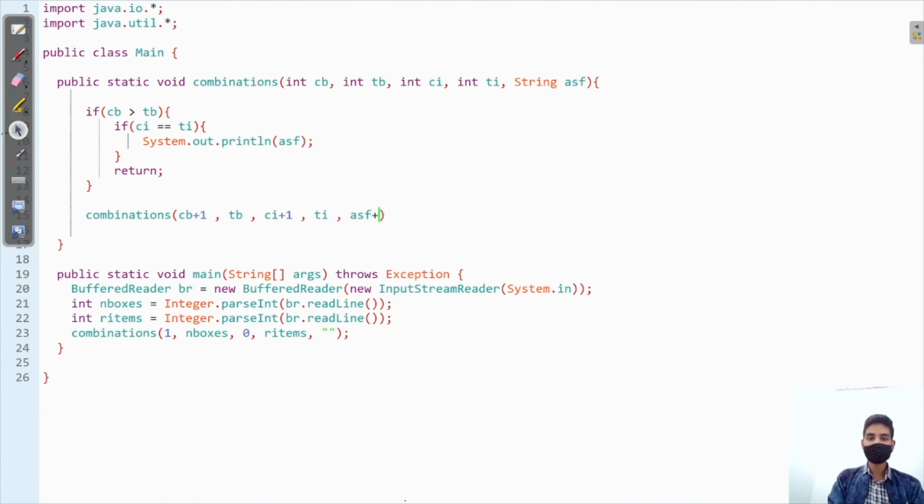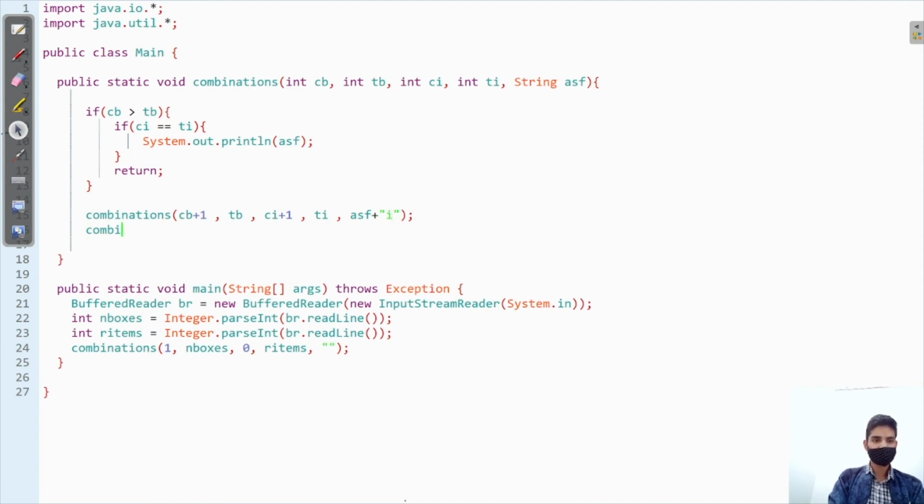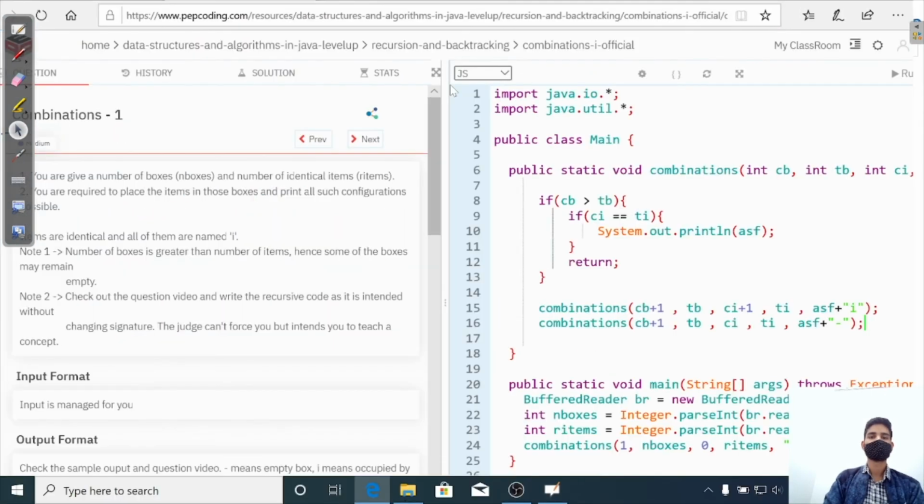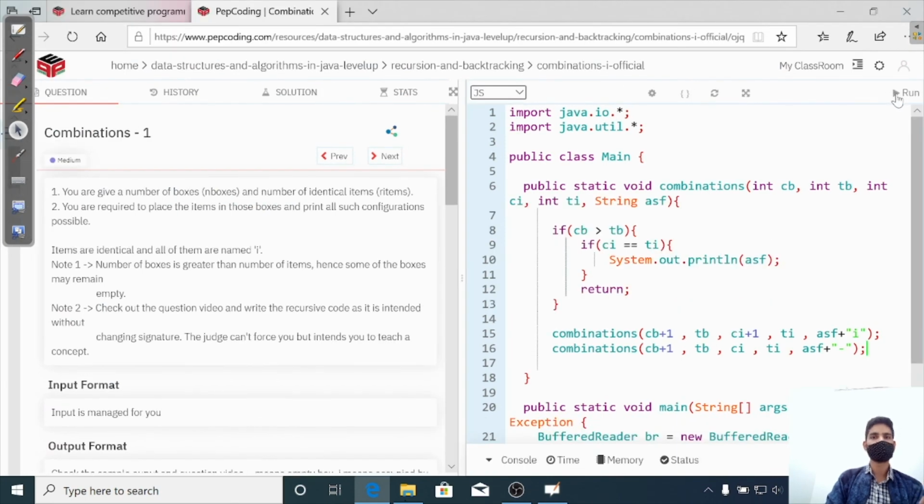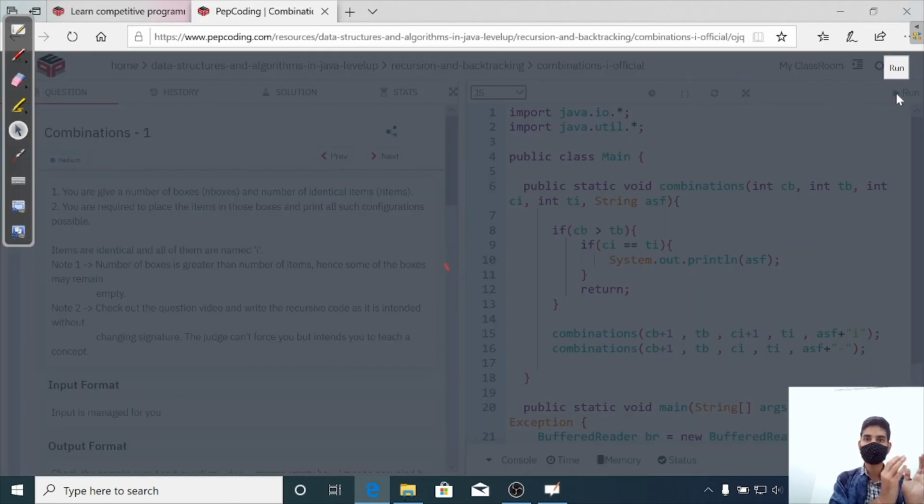And if I am placing, I have to add I to my answer so far. And exactly the same, CB plus 1, I will move to further boxes. Current item will not change because I am not placing my item in this box. Total item and answer so far plus dash. Finished. Okay, this is the whole code to generate all the combinations.